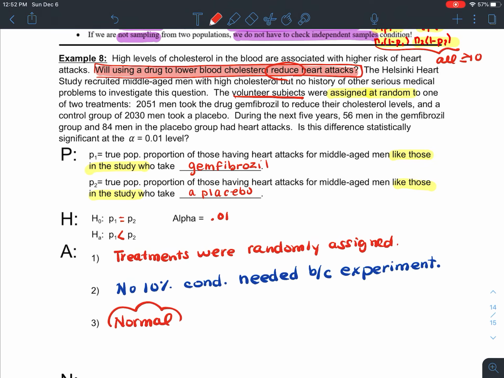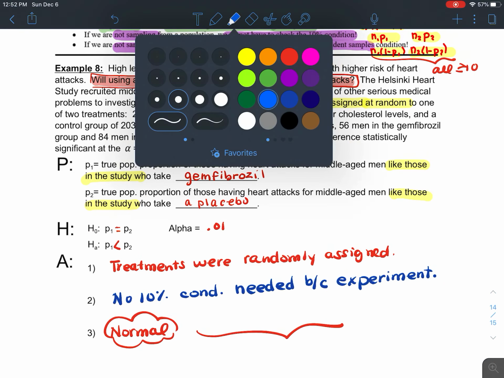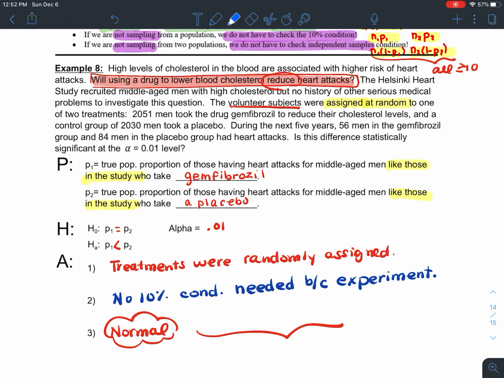And then the other condition that needs to be shown is the normality condition, that large counts condition here, and that needs to show that the number of successes and the number of failures for both groups is at least 10. Now, let's look at the information that we're given here. They told us that there were 56 men in the gemfibrozil group who had a heart attack and 84 in the placebo group that had a heart attack. Now, since what we're measuring is the proportion or number of individuals who have had heart attacks, that's what we're defining as a success. So 56 of those